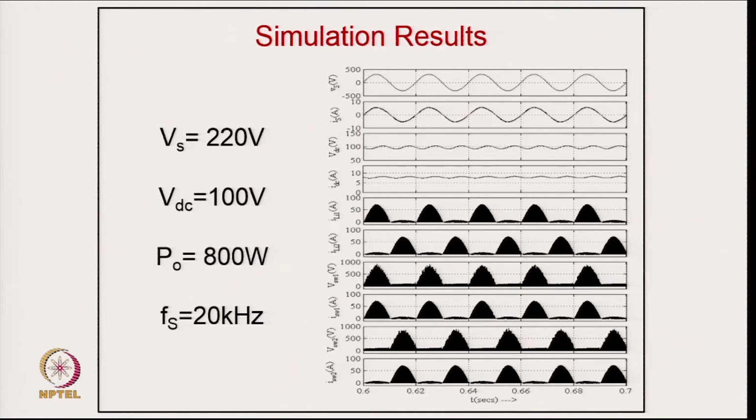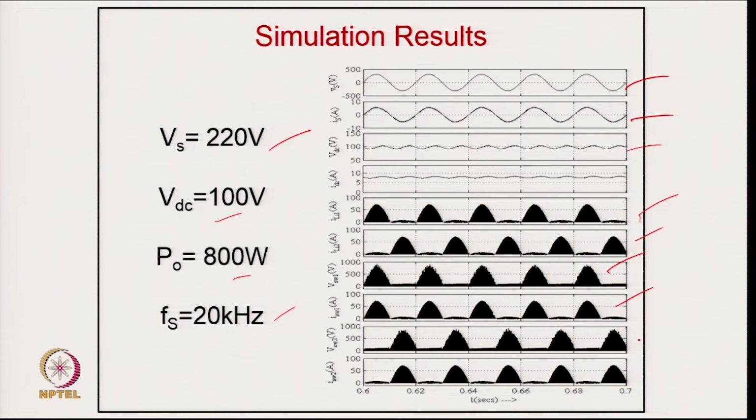After designing and simulating, this is a typical case study: the supply voltage is 220 V RMS, and you can see the supply current is in phase and almost sinusoidal. This is the DC link voltage, which has some second harmonic ripple, depending on how much is permitted in the design. For 100 volt output, the power level is 800 watts. The switching frequency is typically 20 kilohertz, and you can clearly see the current is around 8 amperes. So, that 800 watts is in the converter. These are the other variables: inductor current for the positive half cycle, inductor current for the negative half cycle,